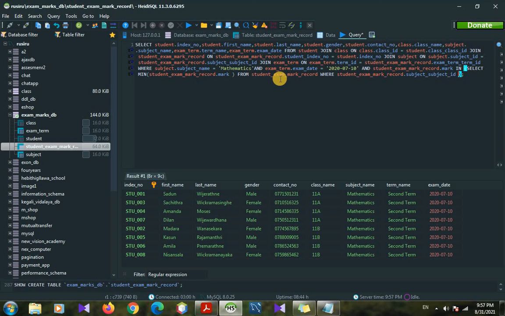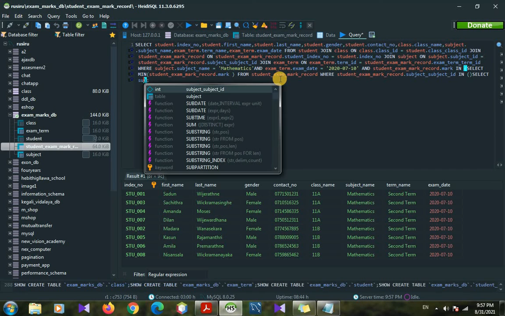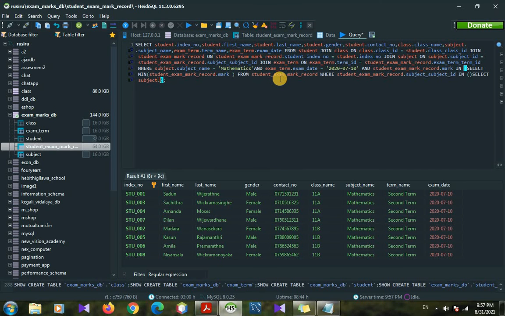Inside, now we can use another in keyword. So here in another two pairs of brackets we can give select subject table dot subject id from subject table. Here we have to keep a space after the from keyword.